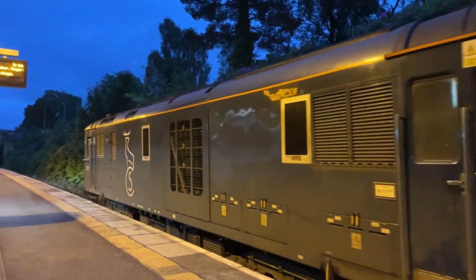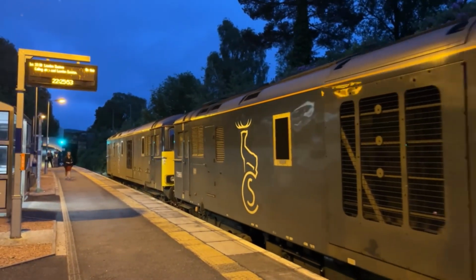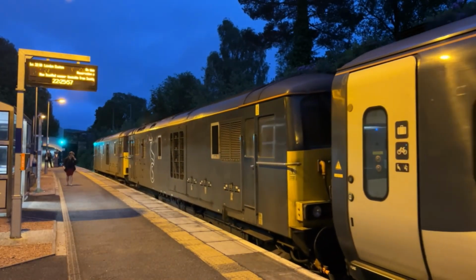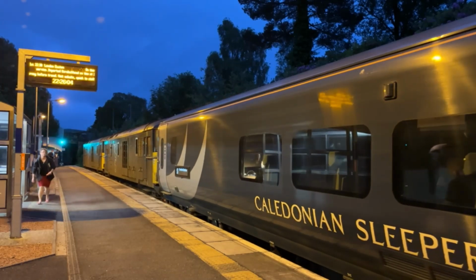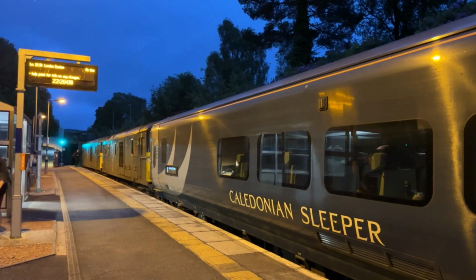piloted by Class 66s. The Sleeper used to stop at Westerton on the outskirts of Glasgow, but from 2014 this stop was omitted and the service has instead now taken a new route, calling at Glasgow Queen Street Low Level. The train pauses at both of Scotland's major cities, changing traction from diesel to electric at Edinburgh Waverley, and works